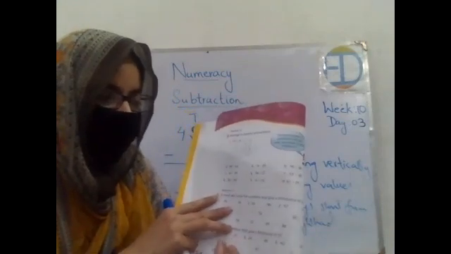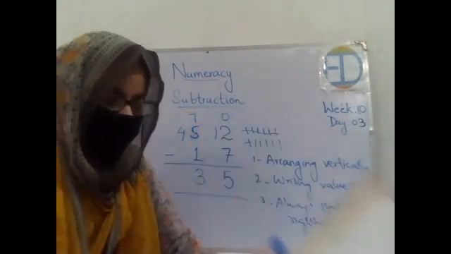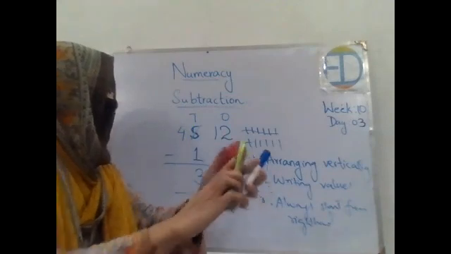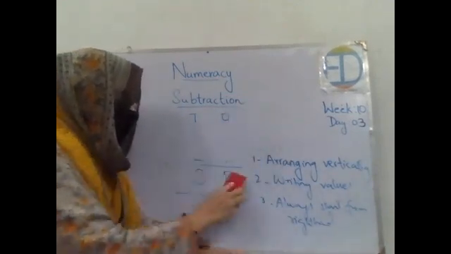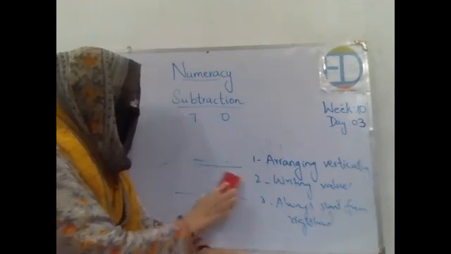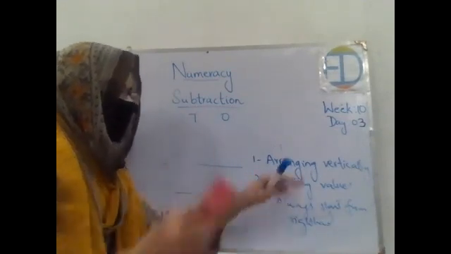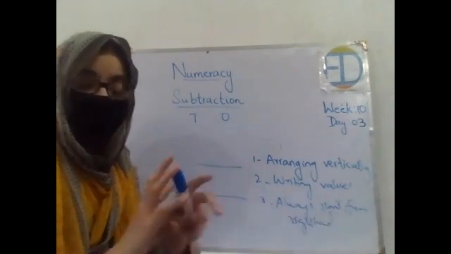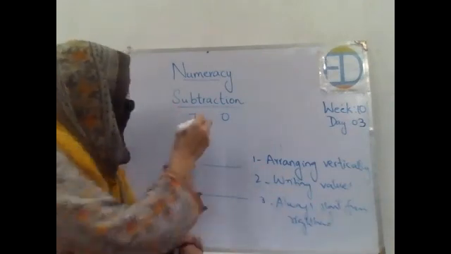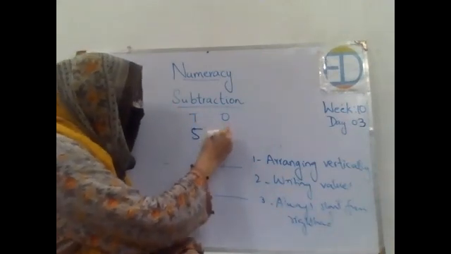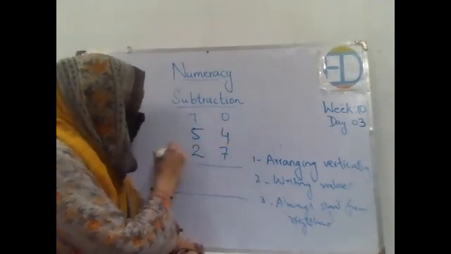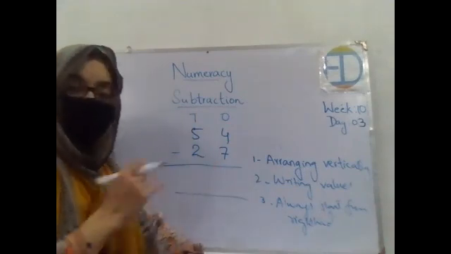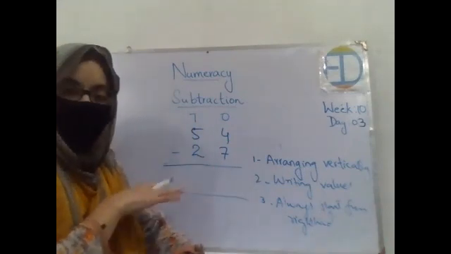Okay. So I'm going to solve the sixth one for you, right? Let's see what's the answer. We will be following all of these steps which I have written over here. We will be following these steps for solving every question. So the sixth one is 54 minus 27. The first step was that we were supposed to write it in vertical order. So I have written it in vertical order.